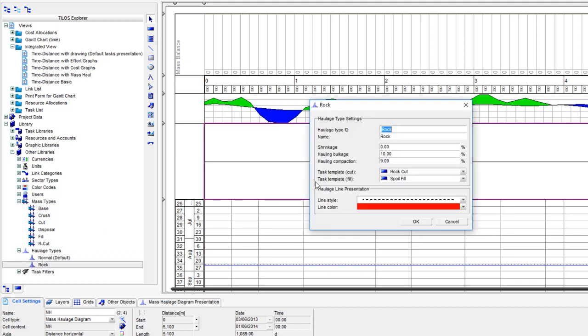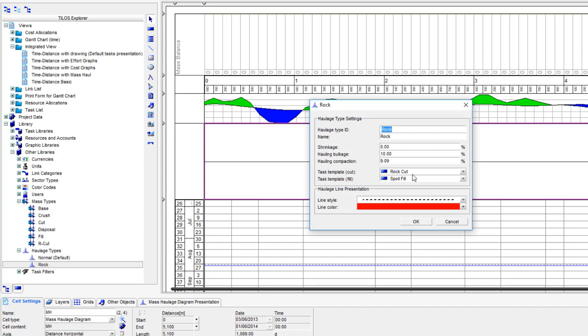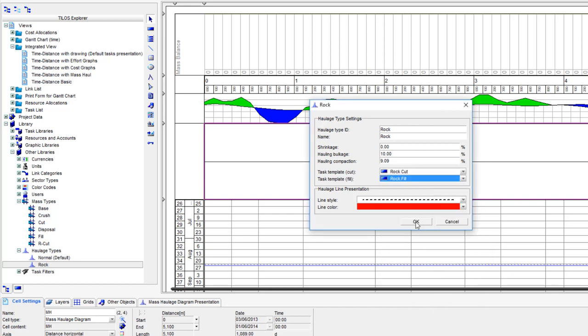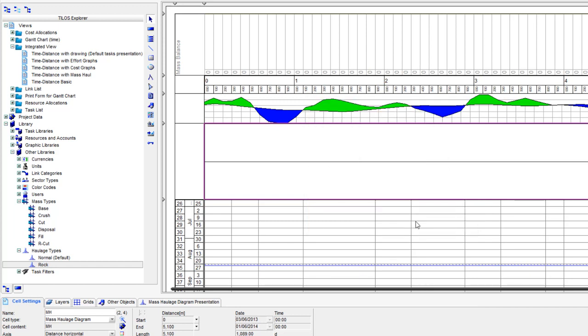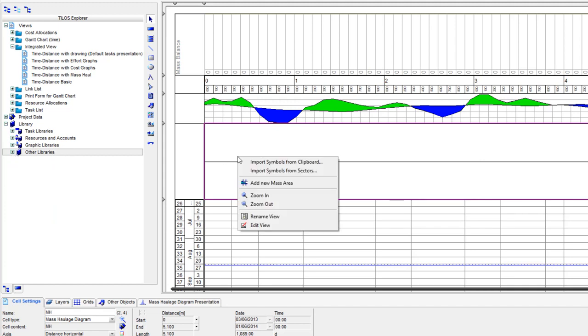But if we double click on that, we can set a shrinkage and a bulking and a hauling compaction factor, which will have an impact on the quantities that we're moving. So these things are set up in advance, and also in the haulage type, we set up a template that we'll be using for the creation of activities later on. So quite a lot is set up in the library beforehand, and then we can set up a new mass